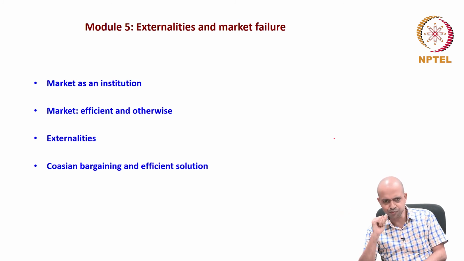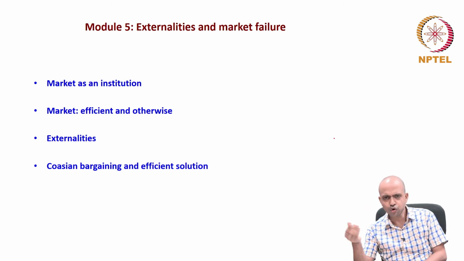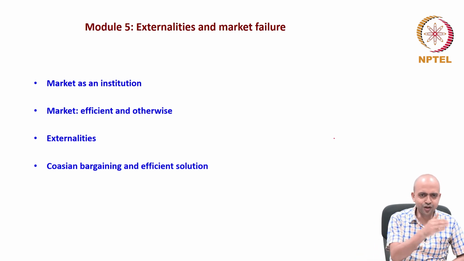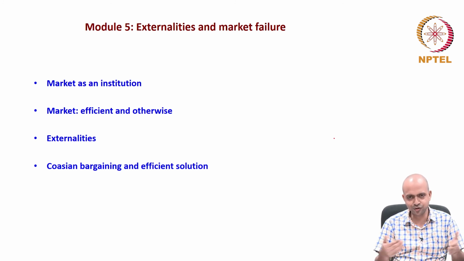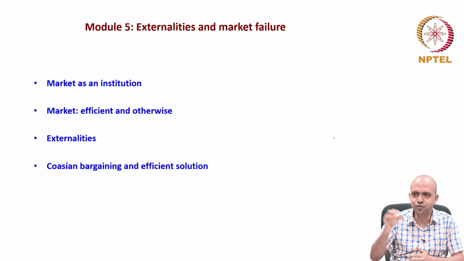For example, when somebody is smoking, you ensure whether the smoker has the right to smoke or the others have the right to enjoy a clean environment. If you assign the property right either to the polluter or to the pollutee and help them involve in costless bargaining, then their bargaining will end up